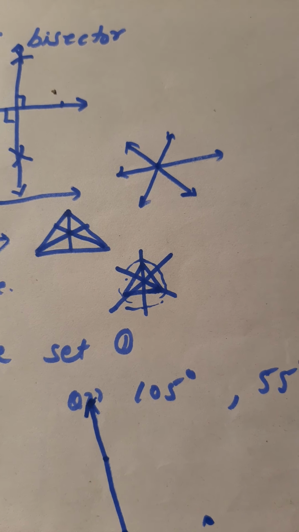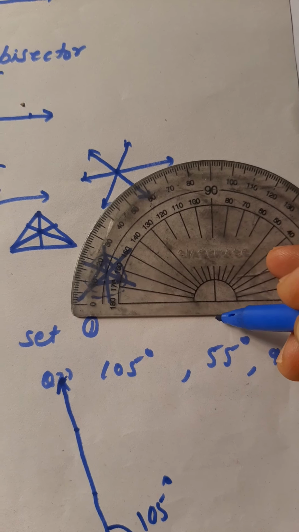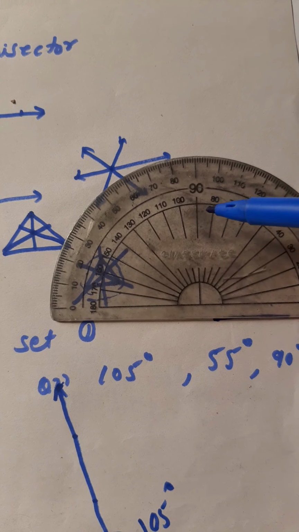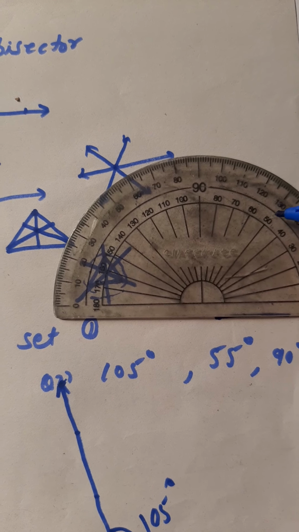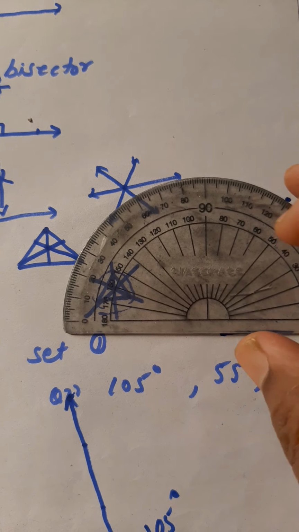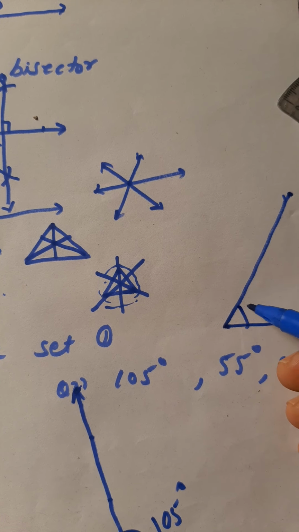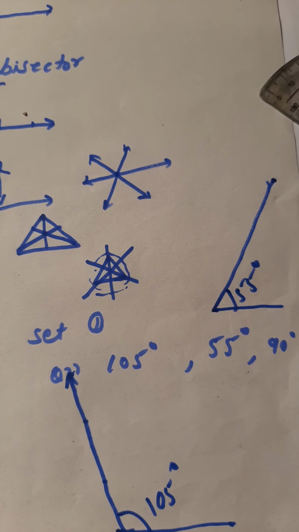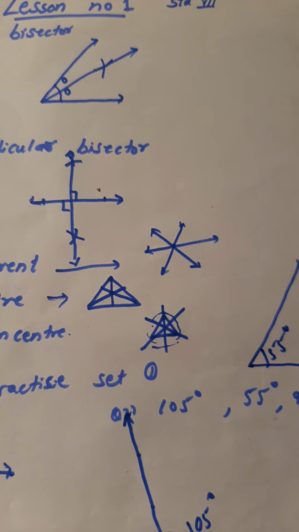Now next, if you want, I will explain 55 degrees. 55 degrees means what? Take this center point, draw a line. Now 55 means what? See, first of all see 90, then 80, 70, 60, 50. Okay, now between 50 and 60 there is a middle point. This is called 55, and you can draw the line. This is called 55 degrees. Okay. 105 is an obtuse angle, 55 degrees is an acute angle. Understand this concept? Okay. Now, next I will explain.